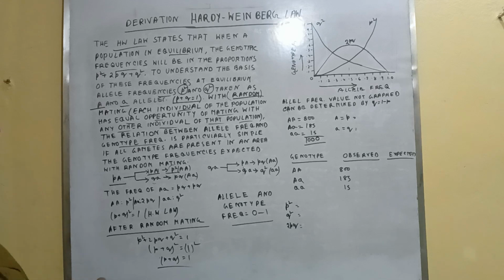Okay, small qa. From this, small qa may be produced, pq, small pq. That means capital A and the small a. So here